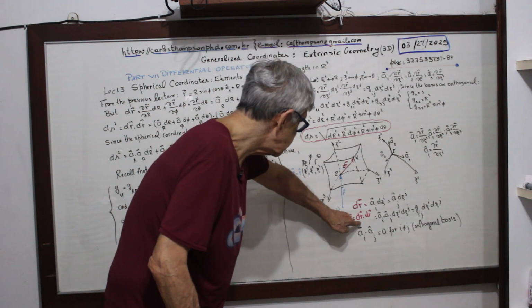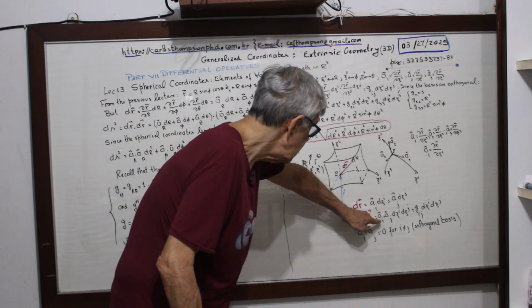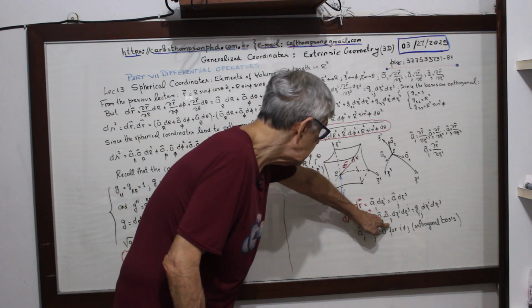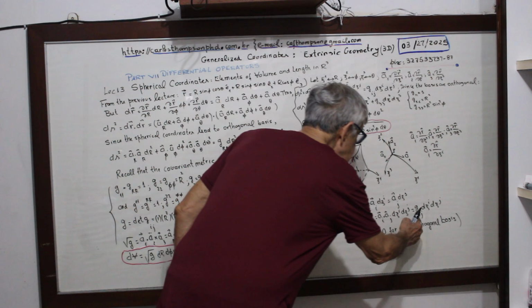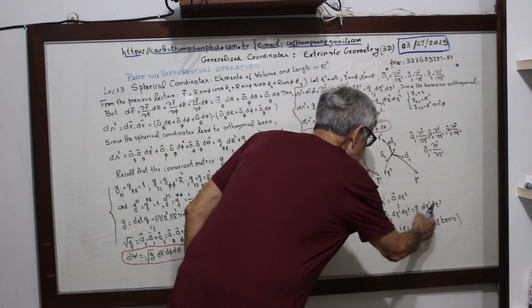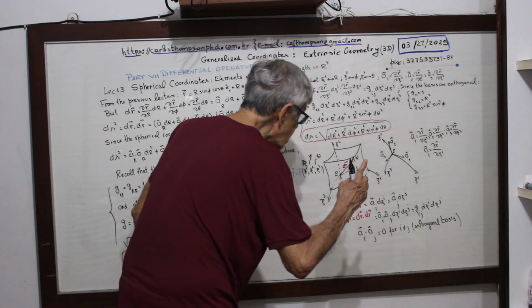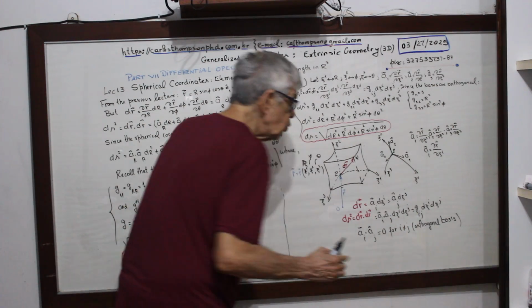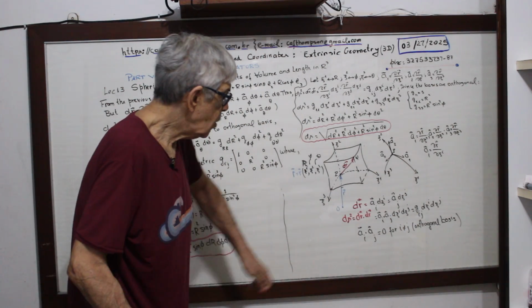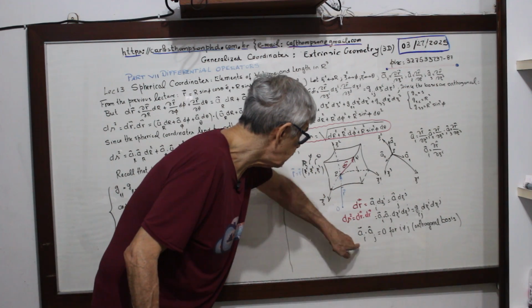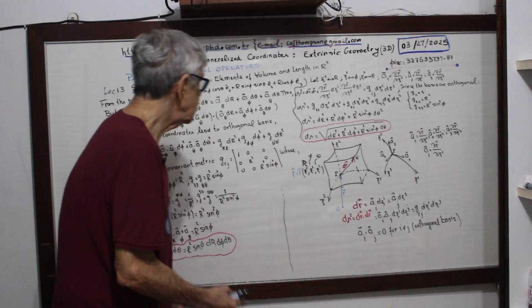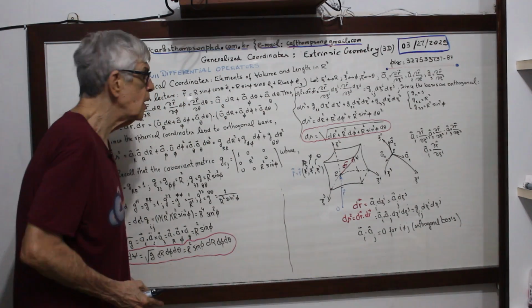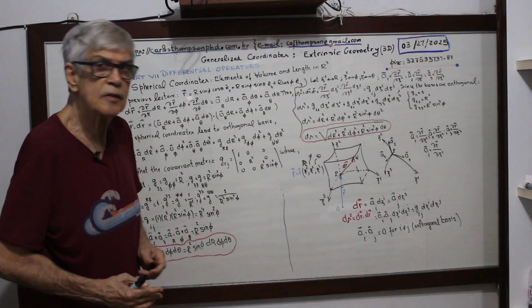Now ds squared is dr dot dr. You see, a_i dot a_j is g_ij. So then ds squared is g_ij dx^i dx^j. Attention now, g_ij will be 0 when i is different from j. You see, because the system is spherical, the bases are